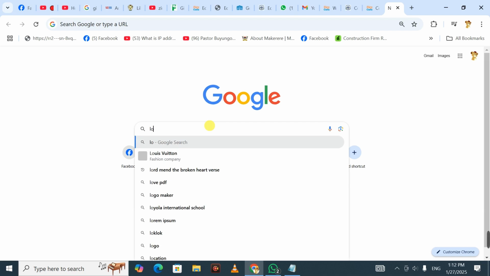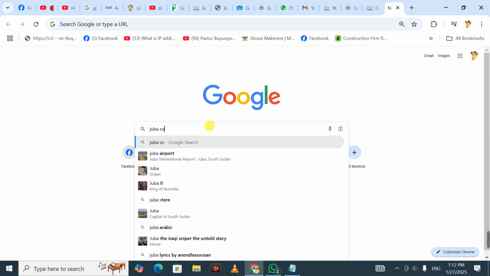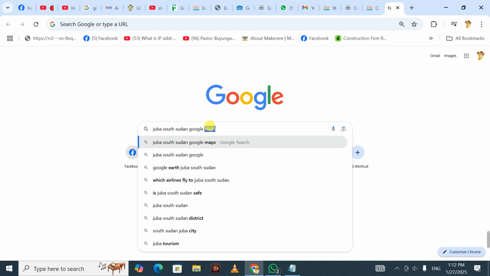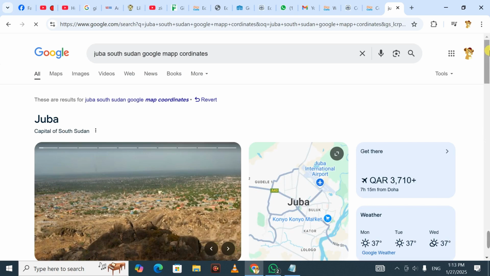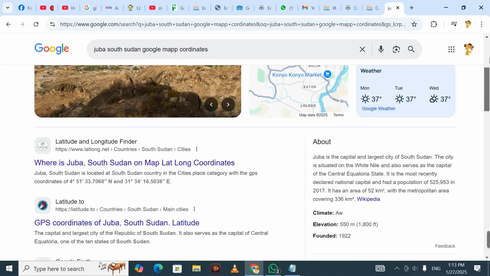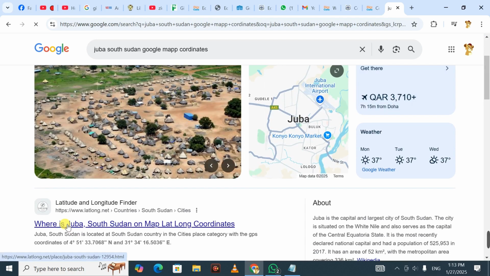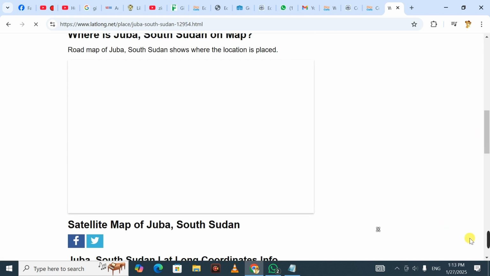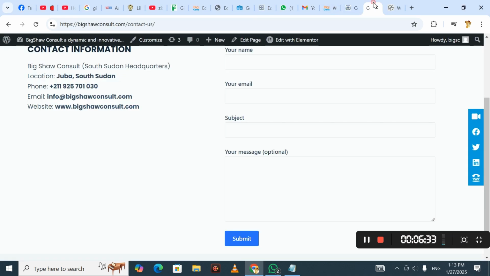So what you're going to do, you simply go to your Google search and you put in Juba, South Sudan, Google map coordinates. Then you press enter. Once you press enter, it's going to give you this search. So under here, what you will do, where is Juba located? So these are the coordinates. So when I try to copy this and I go back here,